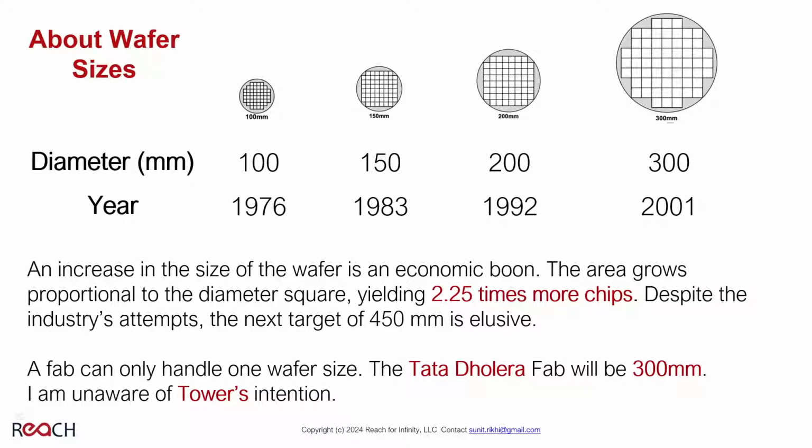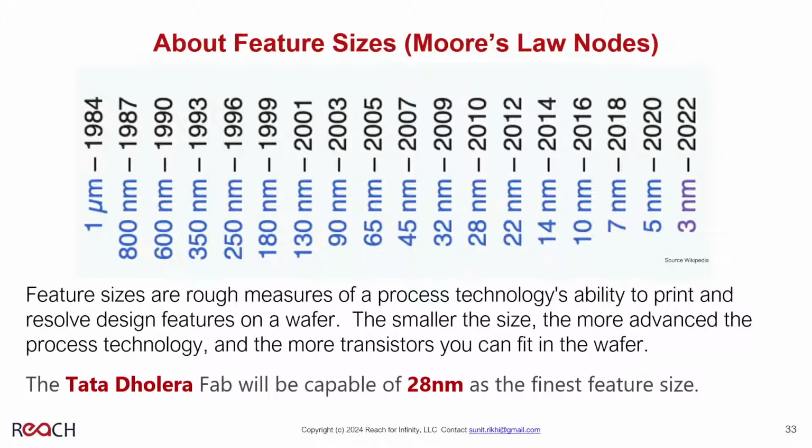Once you are a 300 millimeter wafer size, there is no reason to go back and say, oh, I want to use this fab to do 200 millimeter wafer size. Right at its birth, you establish the wafer size of the fab. But right at its birth, you don't establish the feature size; you pick one and then you keep moving forward.